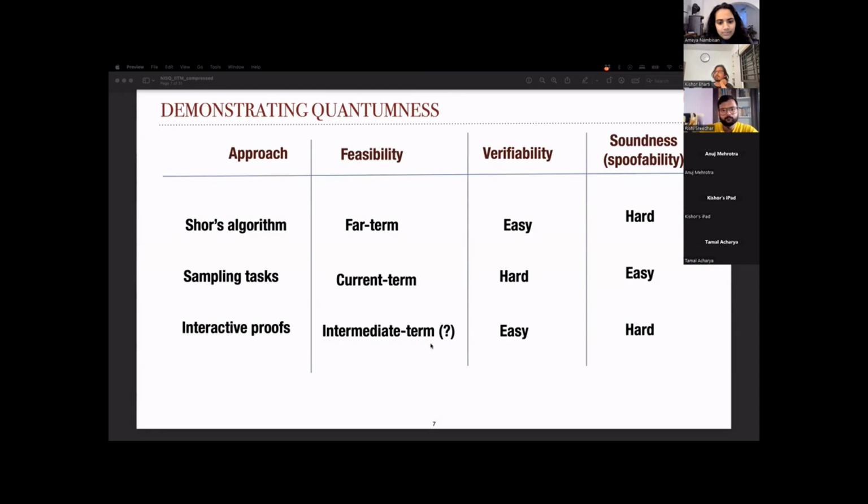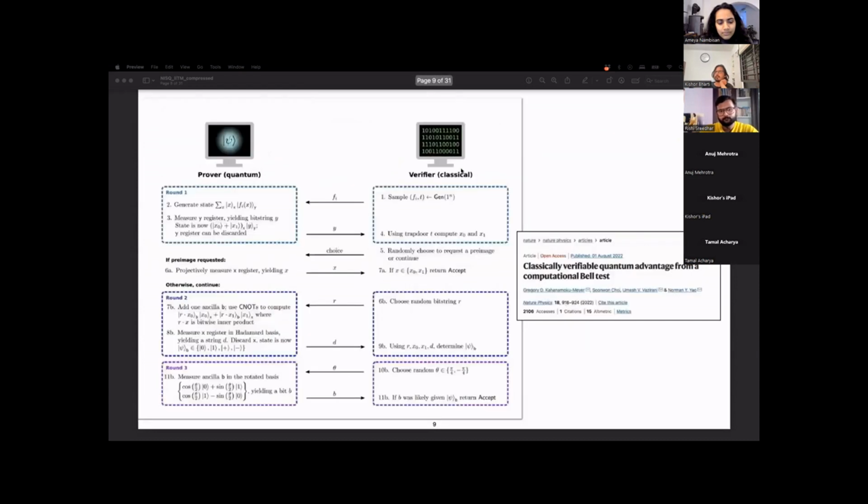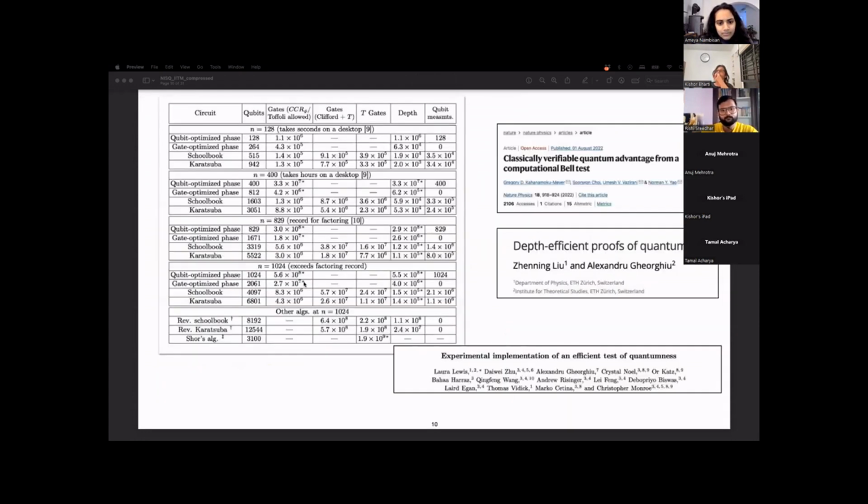But the issue is that, so they are interactive: you ask a question, you get an answer, this kind of question and answer. But the number of qubits that we require is like 10 to the power, I don't know, 1,000 something. And the width can be as high as 10 to the power 5 or 6. So there was a paper where they managed to reduce the depth from 10 to the 6 to 14, but the number of qubits that they required went into billions.